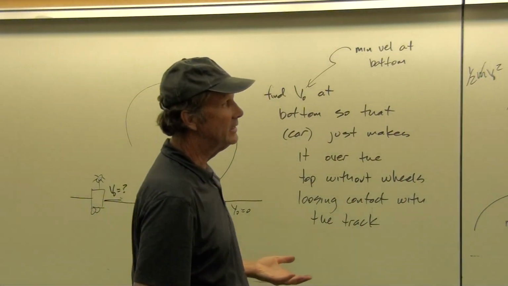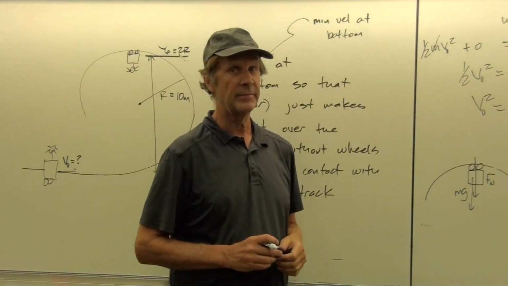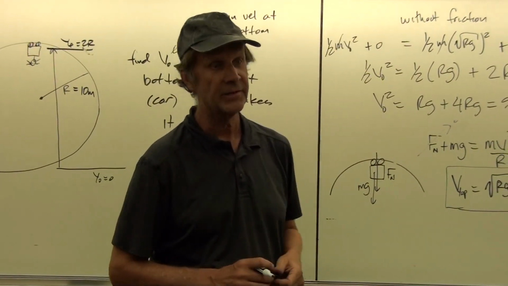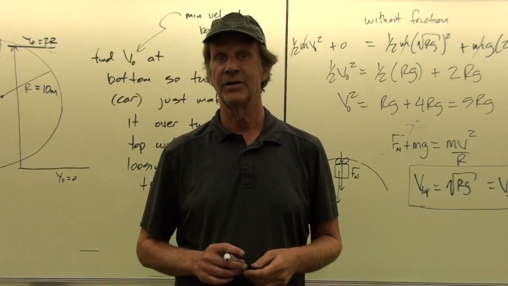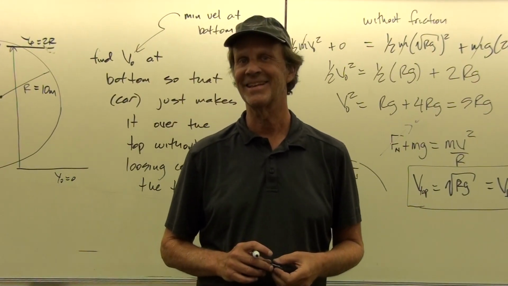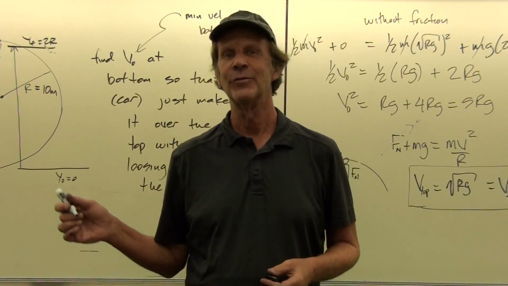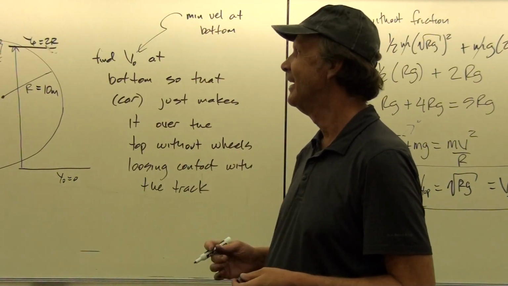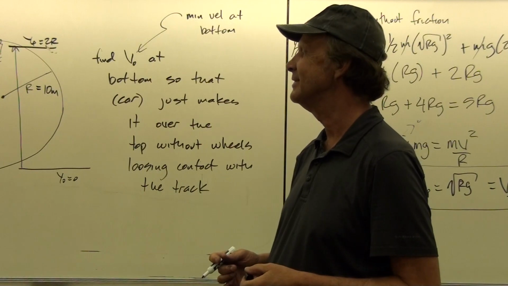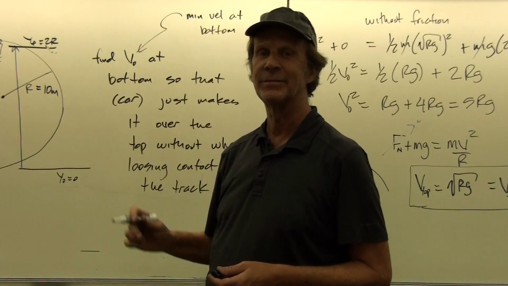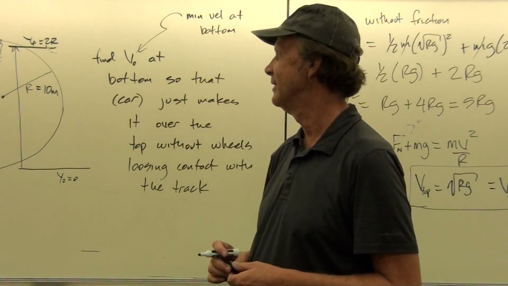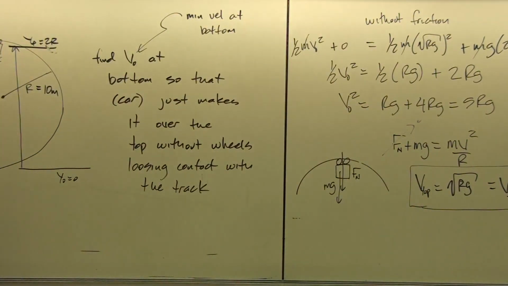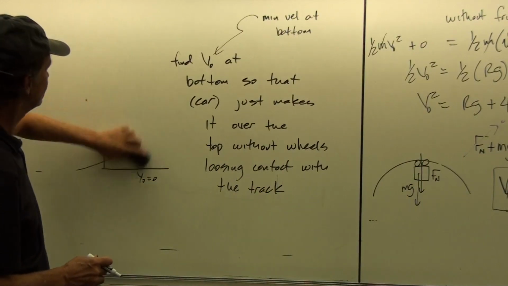Now, would you feel safe if you're at that minimum velocity in a real-life problem? Probably not, because in a real-life problem, we all know that there is friction. So that means that velocity is not good enough with friction in the problem. And so I want to make sure that I have a little bit of extra velocity to make up for any losses that might have happened in that more complicated friction problem. All right, so that's the first example I wanted to look at.